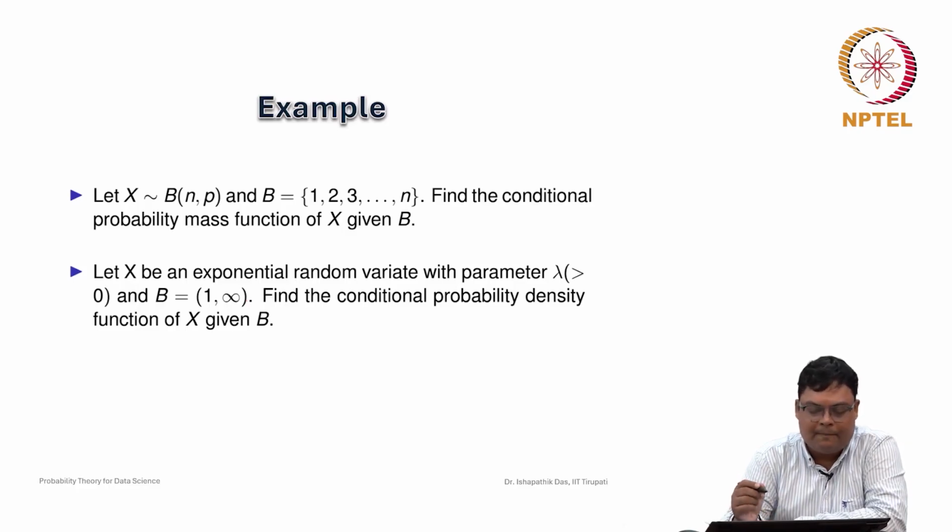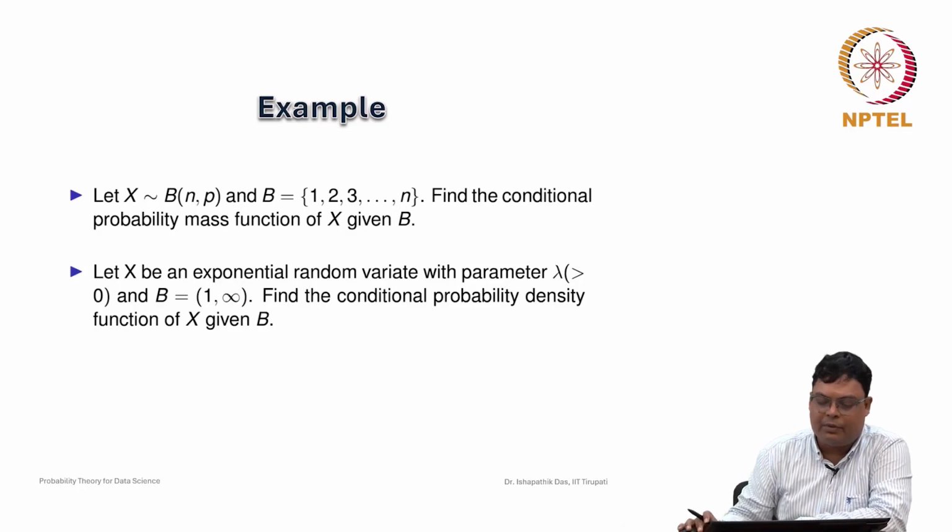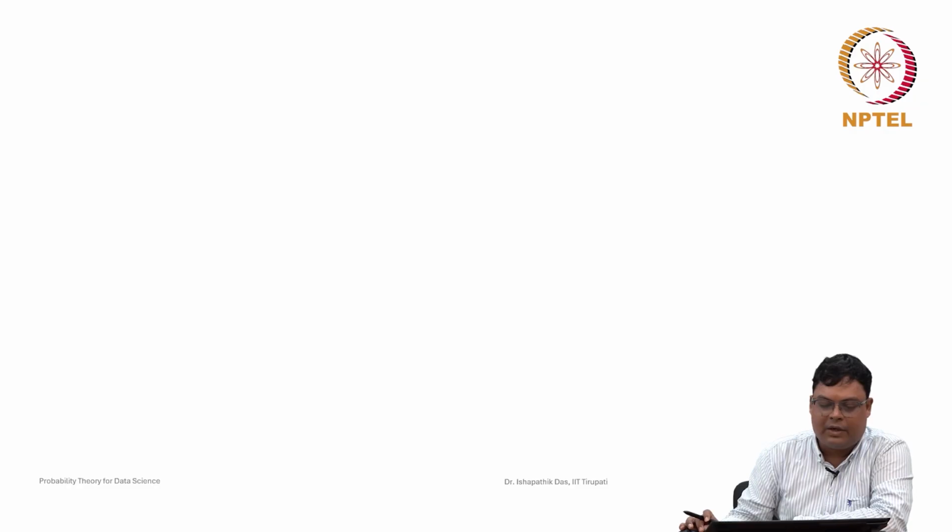So, how can we do that? Let x be an exponential random variable. For finding this conditional probability density function, first you have to find the cumulative distribution function. For the discrete case it is not required, as we can directly find the probability mass function. But for the density function in continuous cases, we need to first find the cumulative distribution function. So, let us do that. It is given that